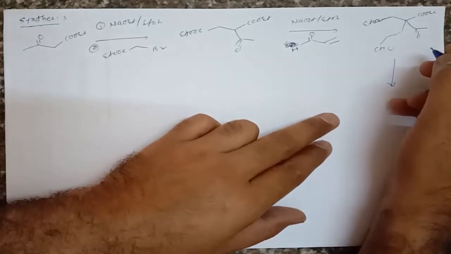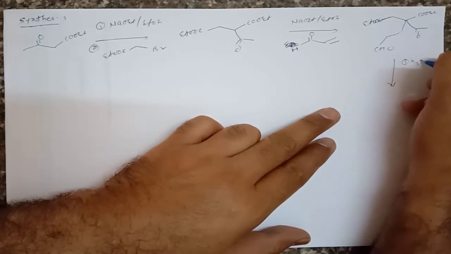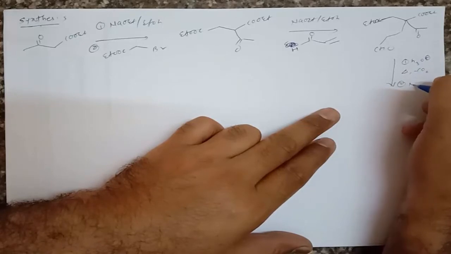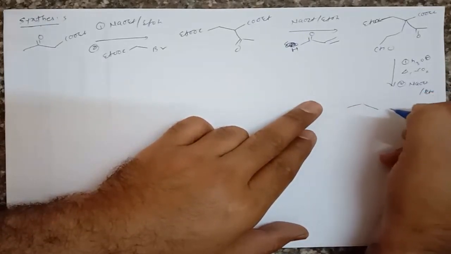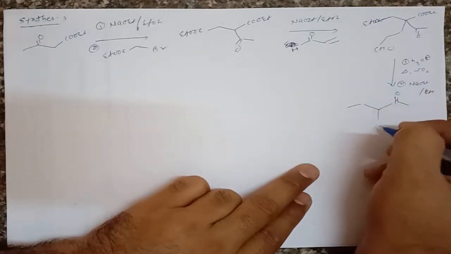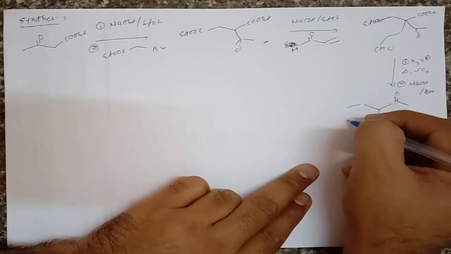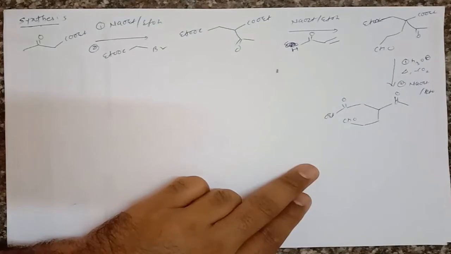In second step, if we treat this molecule with H3O plus and heat, it gives decarboxylation at this position, and secondly again we have to use formation of an ester by using sodium ethoxide in presence of ethanol. So it gives the molecule in this way. Here is C double bond O CH3, and here is CH2, then CH2, and here is CHO, that is CHO, and here is an ester.